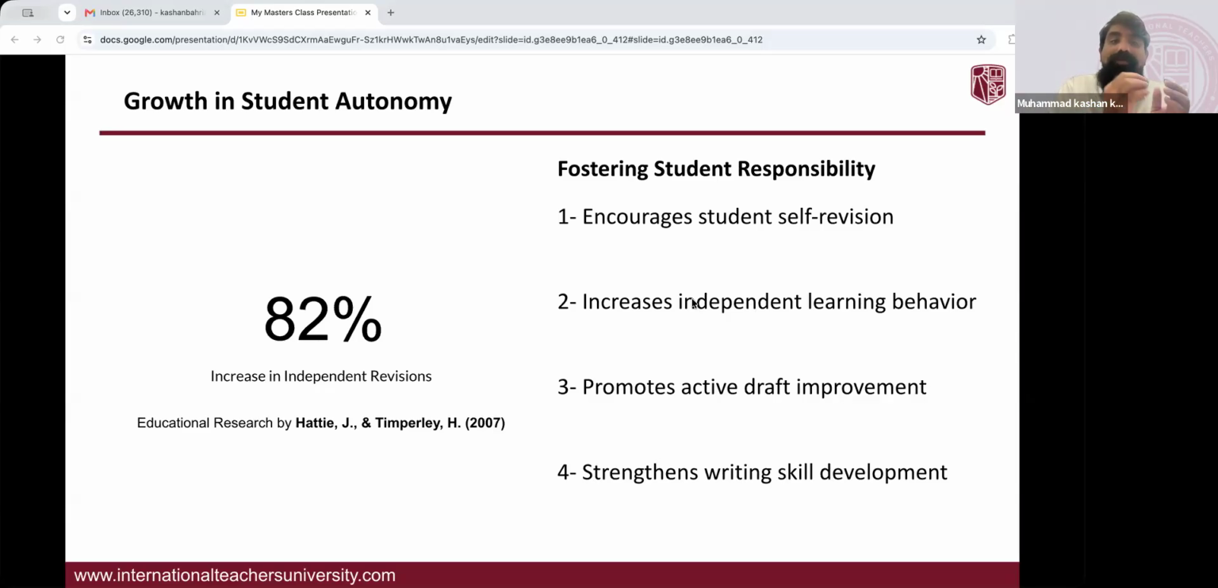So now look at this amazing number: an 82% increase in independent revisions. And I'm sure you must be thinking, where does this 82% come from? It is actually based on a famous educational research study by Hathi and Temperley. And their data shows that